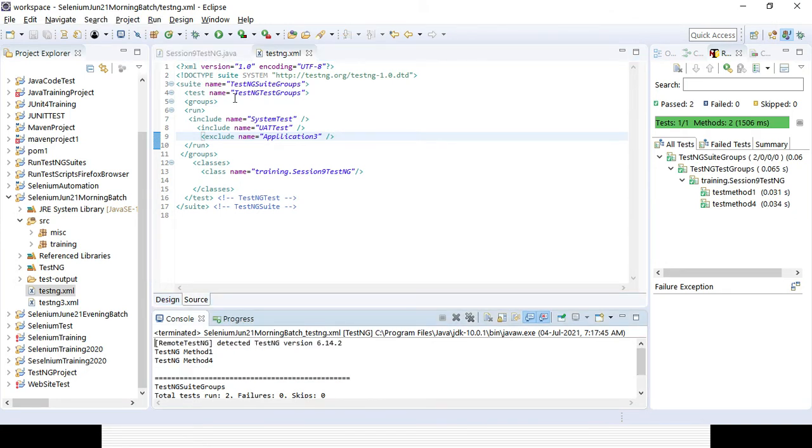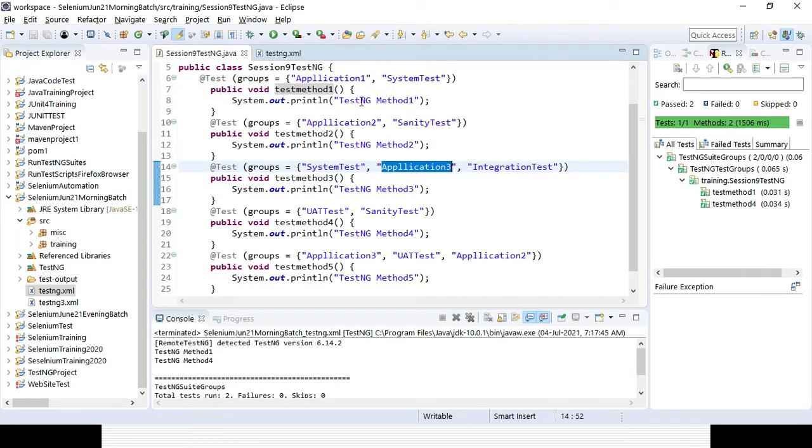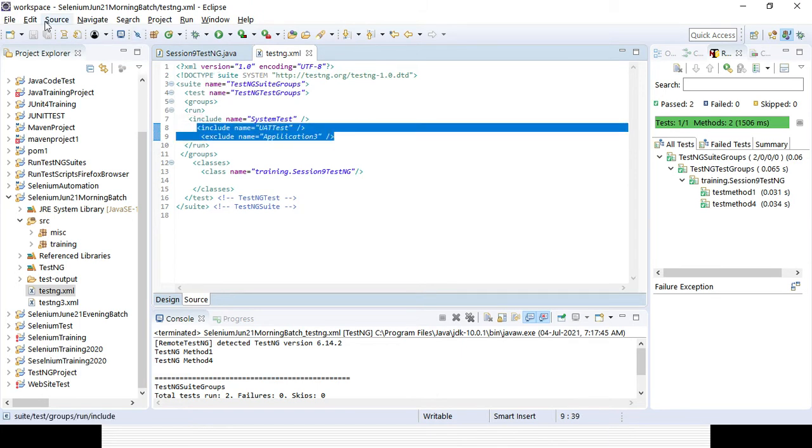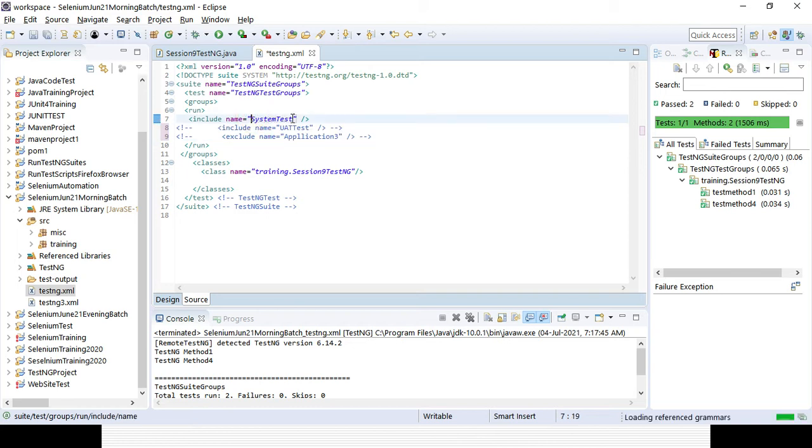Now, instead of that, I want to run all the application test cases, which is a different way. I can include, starting with app, then dot star, so that all the test cases where the app word is there will be running. So let's comment out these 2 parts, and I will give it app dot star.